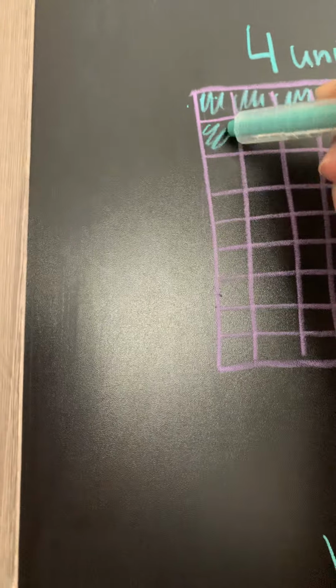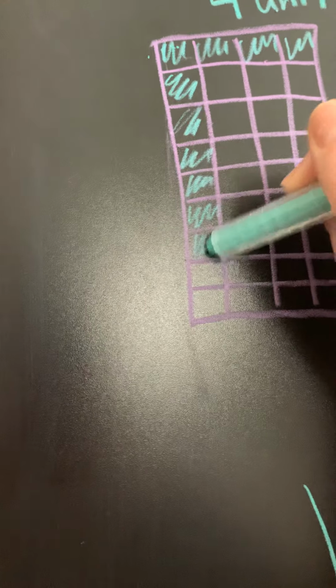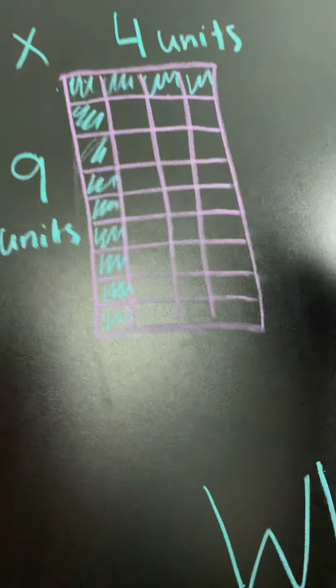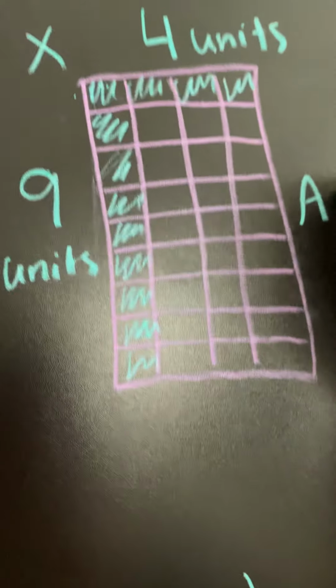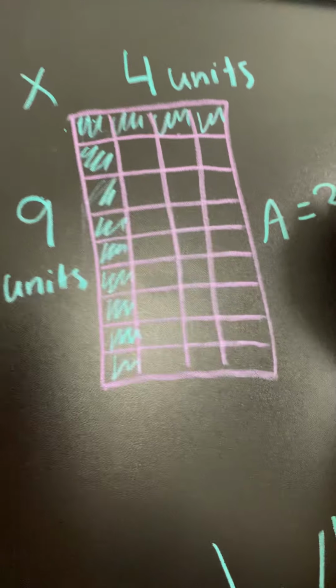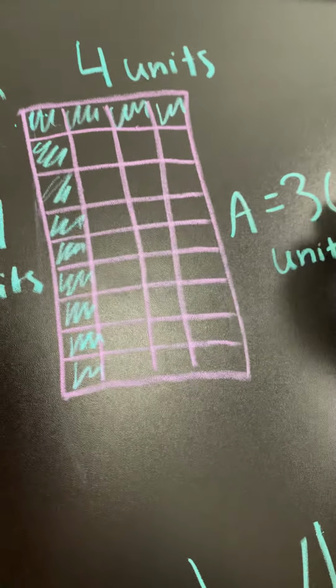So 1, 2, 3, 4, 5, 6, 7, 8, 9. 9 units. If you multiply 9 times 4, your area would equal, I'll pause so you can think about it, 36 units